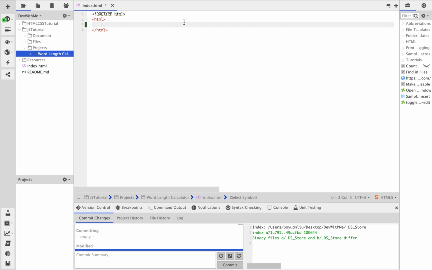Before we begin, recall that we set up Bootstrap, which is a library, and we're going to use it now. Recall we're going to use a title, so I'm just going to title this word length calculator. And here's what I'm going to do next. I'm going to say link rel icon,